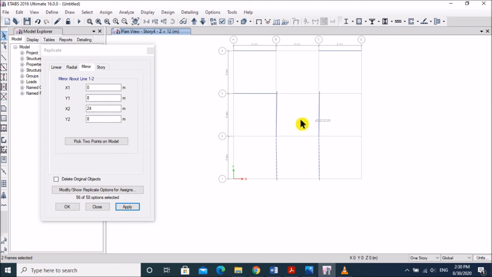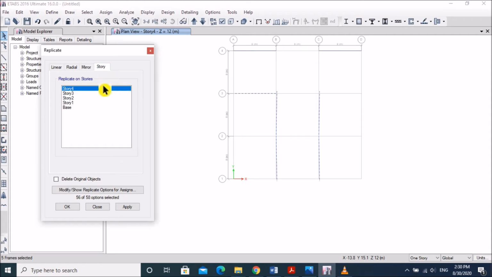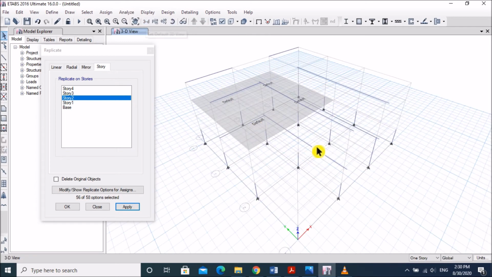If we want to do it in the vertical direction, then select all these elements and go to story and replicate it to story 2. Just go to 3D view and see these elements are replicated to story 2, right?